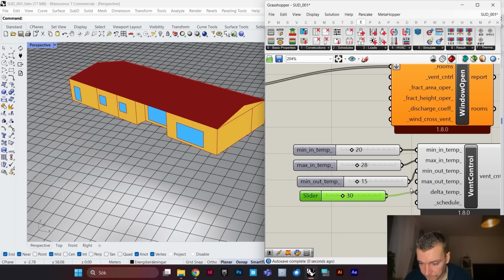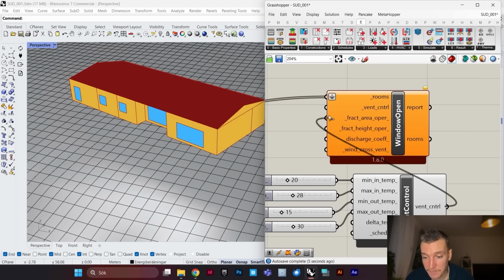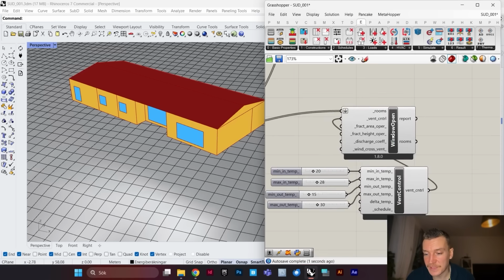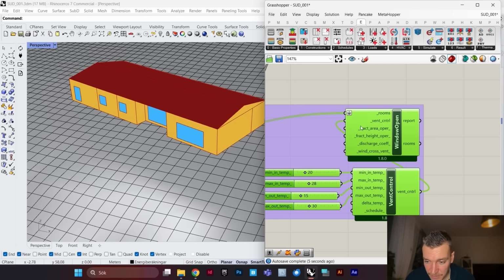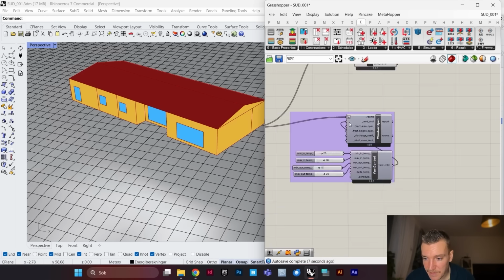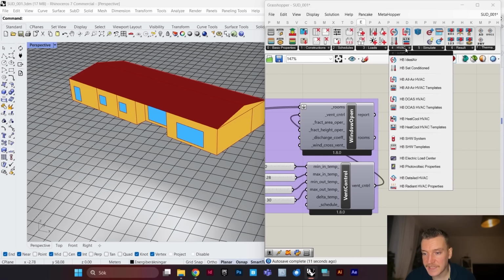So within these temperatures our windows will be able to open for natural ventilation. And it will take this into account in our calculations later. So let's group these for now, and we can hide them. And if we go here to the HVAC subcategory in our Honeybee Energy menu, we find all these different